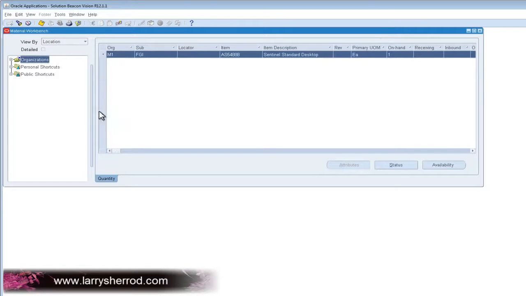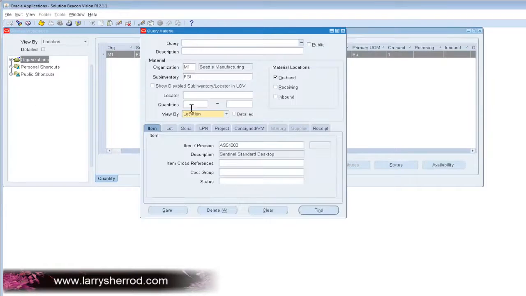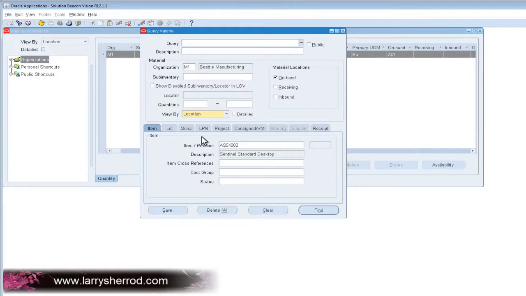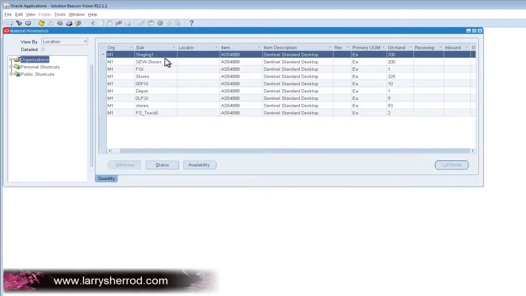So let's just say I wanted to expand that a bit. I could take out that sub-inventory and do another find, and now I see I have 741. So those are separated, of course, by sub-inventory, but it's only showing me on one line. So I'd really like to see that broken down. So if I come back and I check my detail box and then do a find, I see it broken